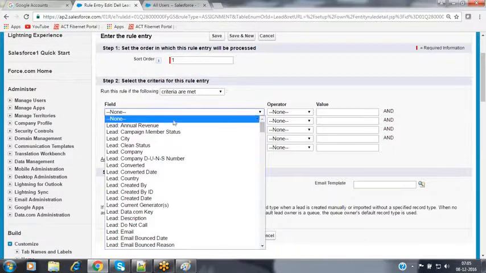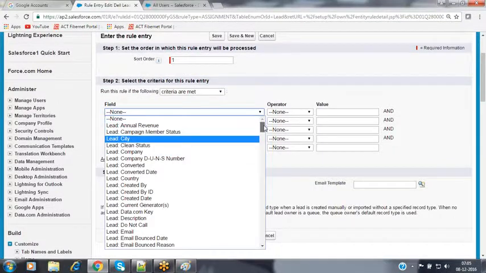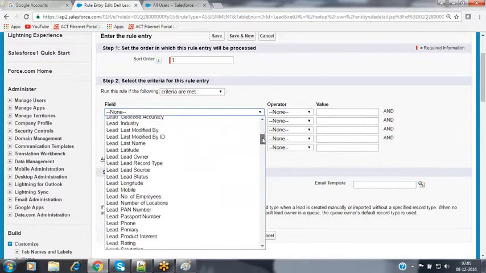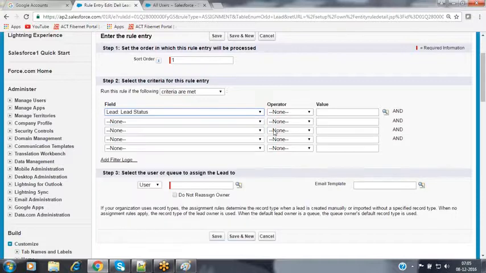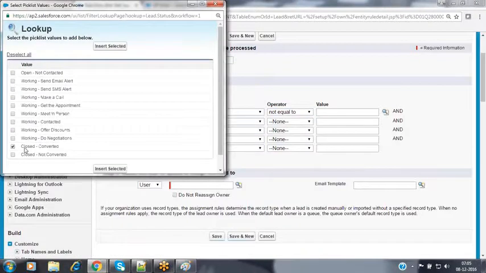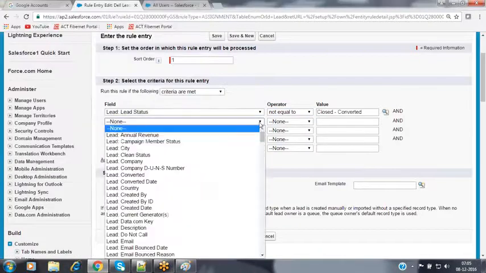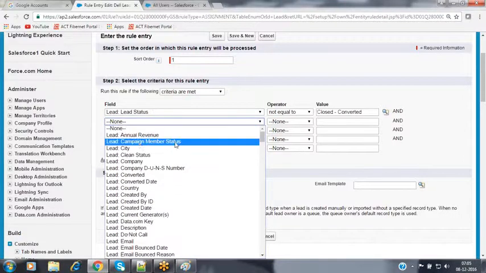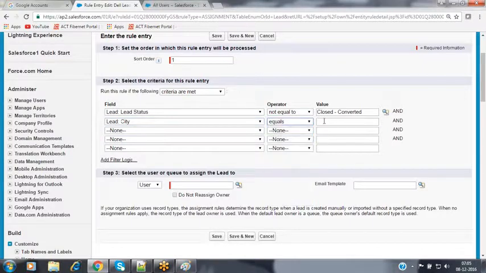I want to verify that if the lead record's status value is not equal to closed converted, and if the lead record's city value is equal to Hyderabad, then I want to assign that lead record. This is the condition that I want to verify.